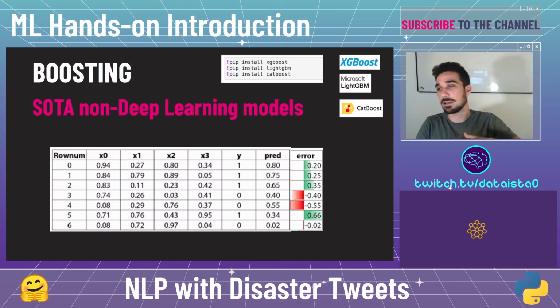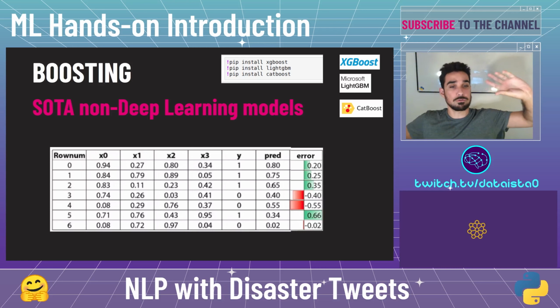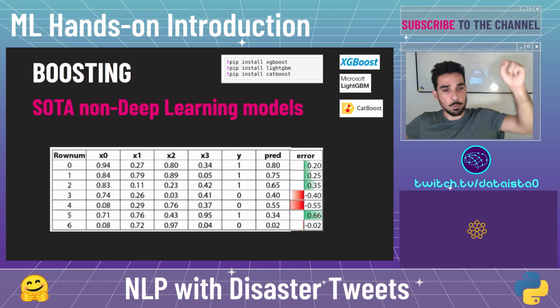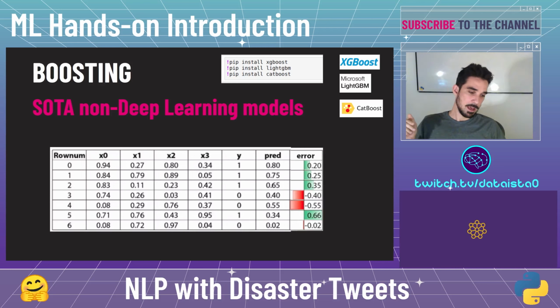So it should have an accuracy greater than 0.5. I think it's AUC ROC above 0.5, I don't remember, but the idea is it should be slightly better than chance, and we don't want much more complex models. We want very dummy models,